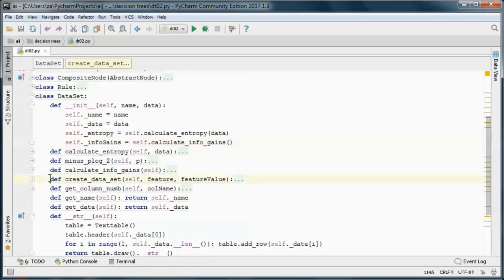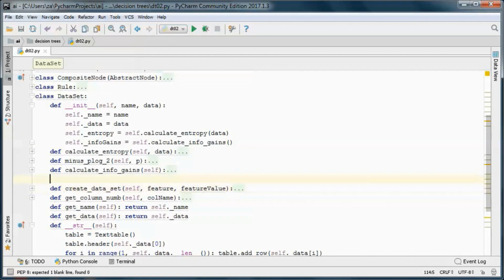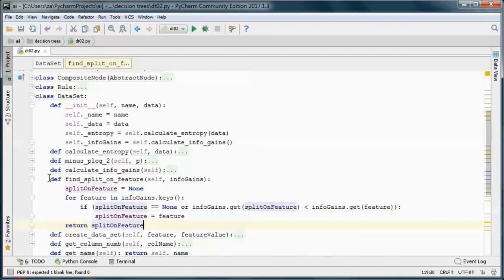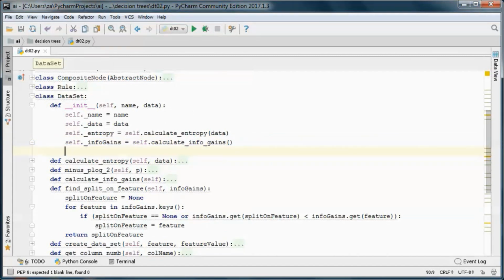And this method finds the split on feature given the information gains that we calculated here. And we call that method from here.